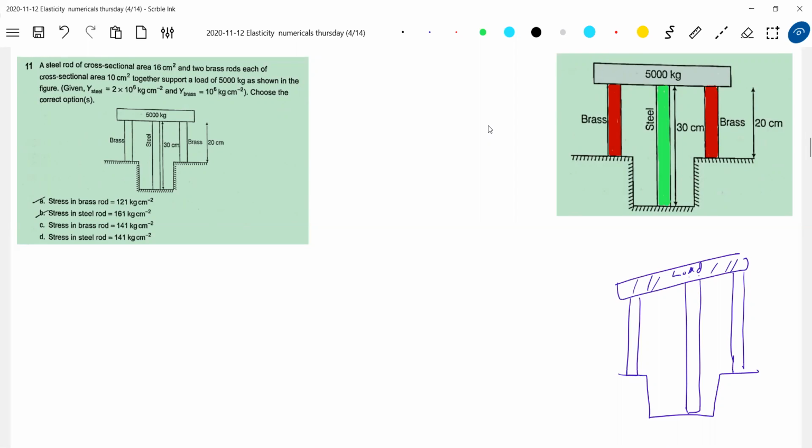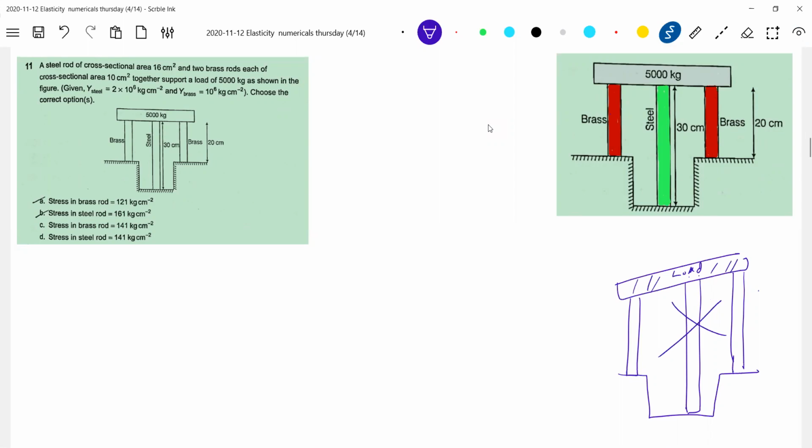Just basic observation. See, both these rods are identical. Both have the same length. How much this one undergoes compression, that much this one will undergo compression. So there is no question of tilting like this. Even the compression in all these three rods should be the same. The load will remain horizontal. Load should be horizontal. Finish. This is not possible. This is wrong.